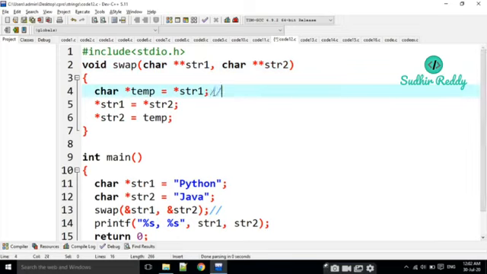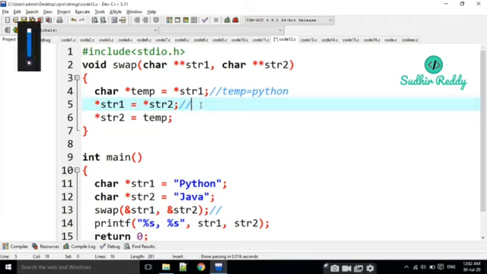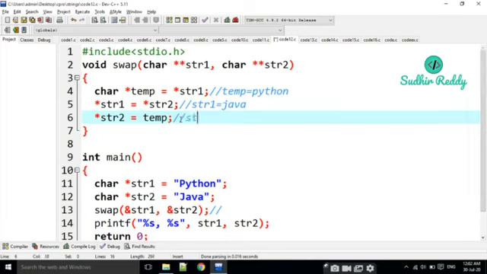Now I am going to change here not only one character. I am going to pass the total string. I am going to change the total string here. In temp, I am going to place Python. In str1's address, I am going to place Java. In str2, I am going to place Python.